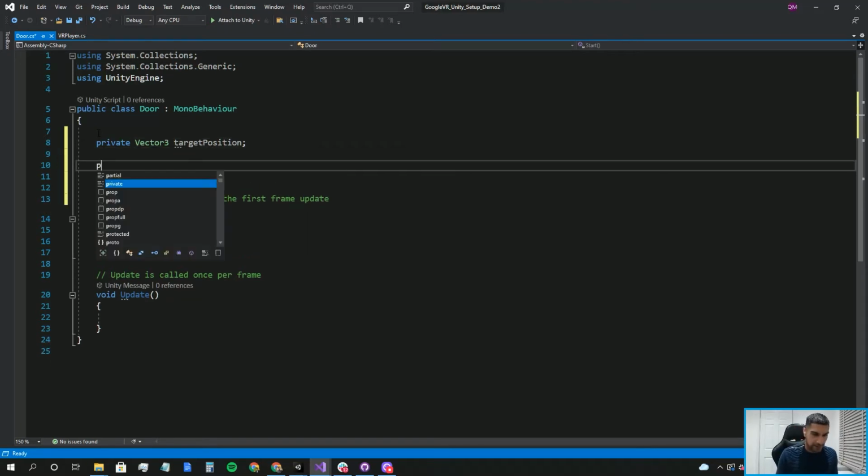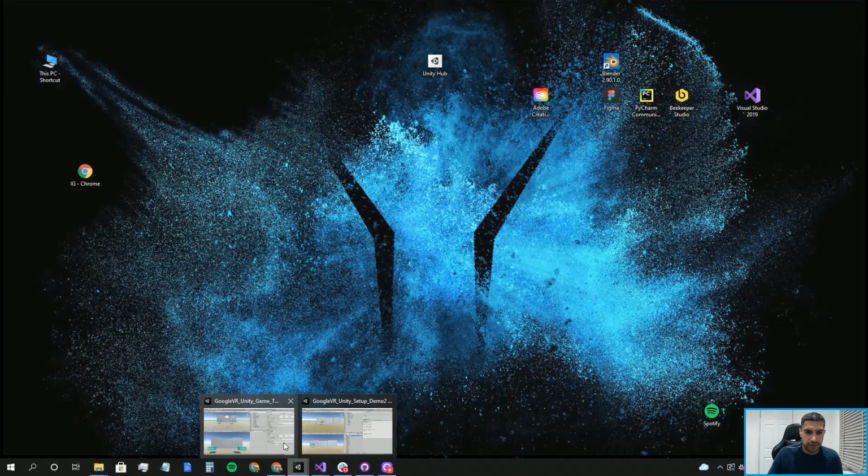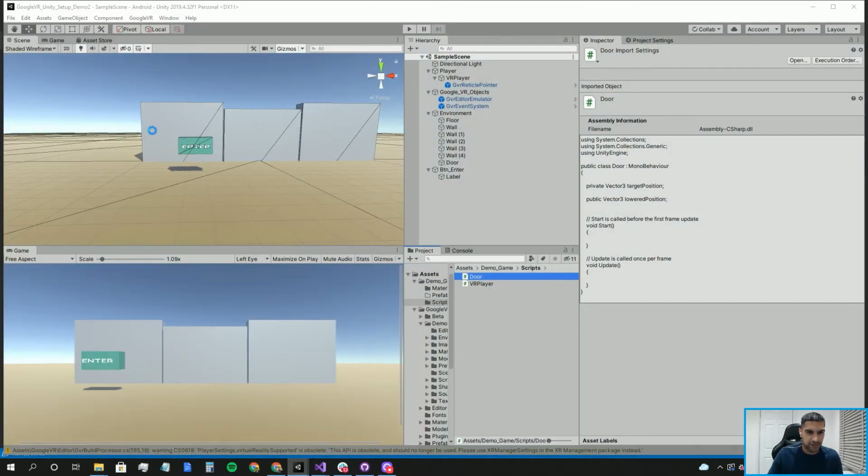And then we want to make a public Vector3, so that way we can mess with the public Vector3 in the Unity editor. We want to call this loweredPosition. So if there are no errors, Unity will let us